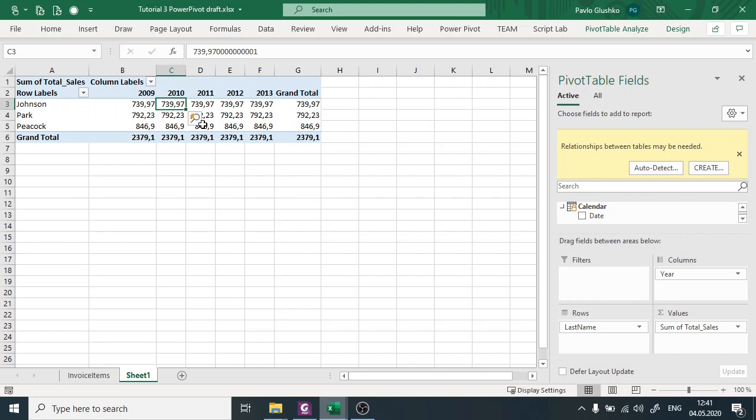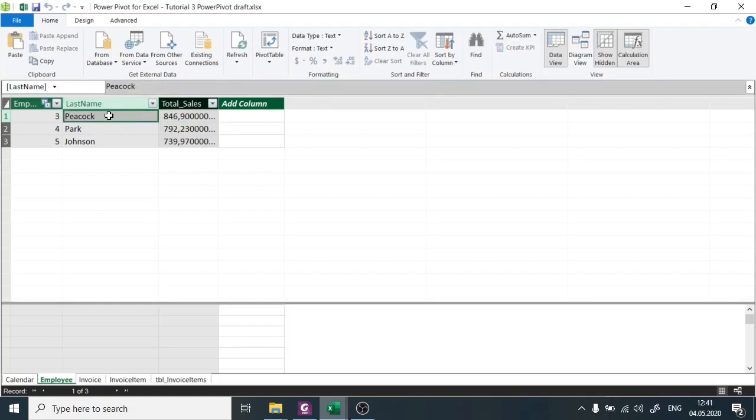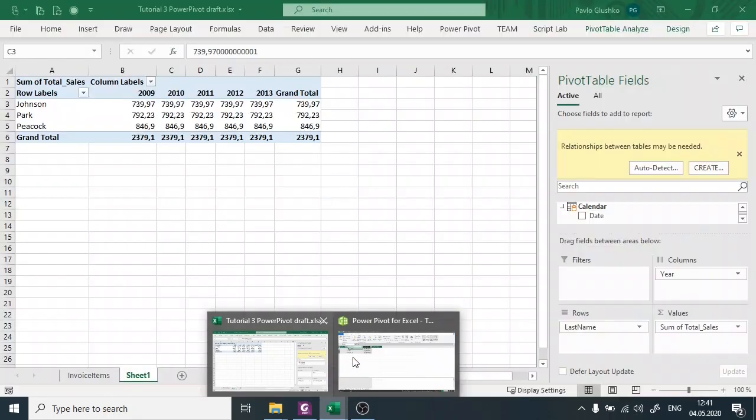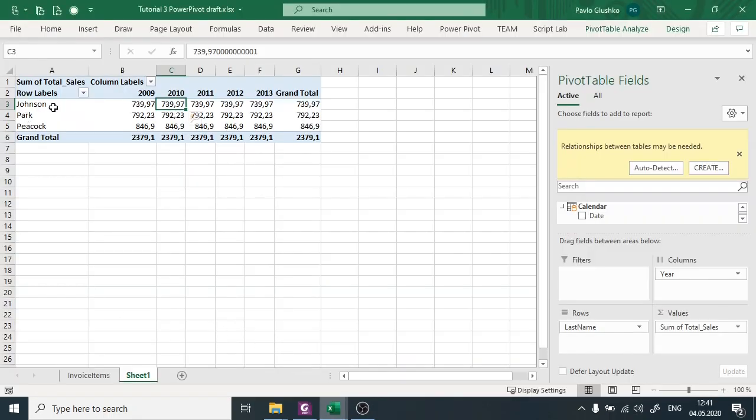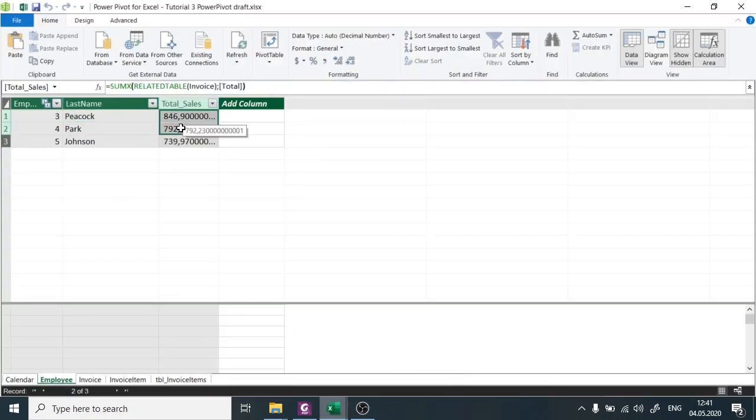But the nature of calculated columns is that calculations in the calculated columns don't take into account this context at all. If I go back to our calculations, you see that I calculated this total sales for every employee, and that is what is demonstrated in this table. But this calculated column doesn't take into account the context that I will use in the